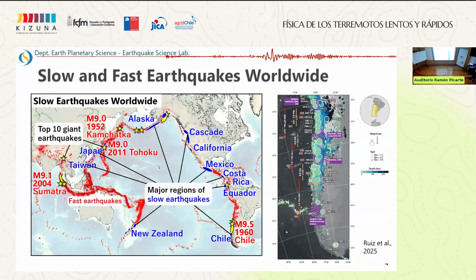And probably we have some observation of slow earthquake in Chile. And this is a paper published this year by Sergio. And in this paper, we report some slow earthquakes actually observed in this area. These purple symbols mean the location of slow earthquake in Chile. So it's a common problem for all these countries. So it's worth investigating this apparently not so dangerous event.